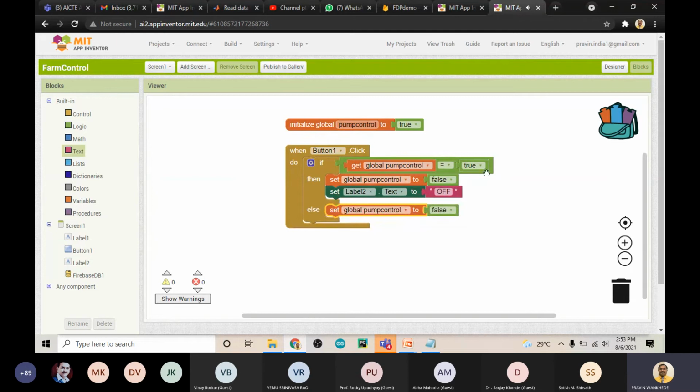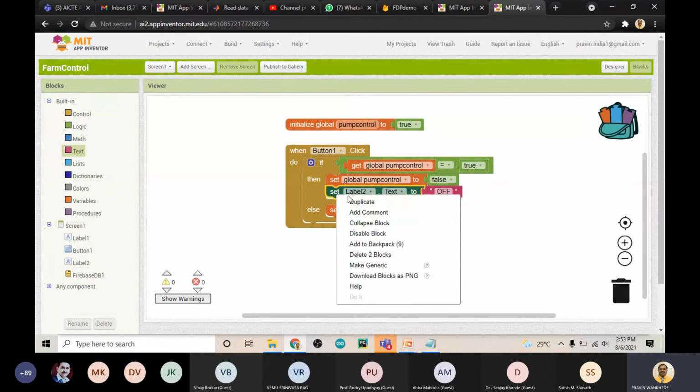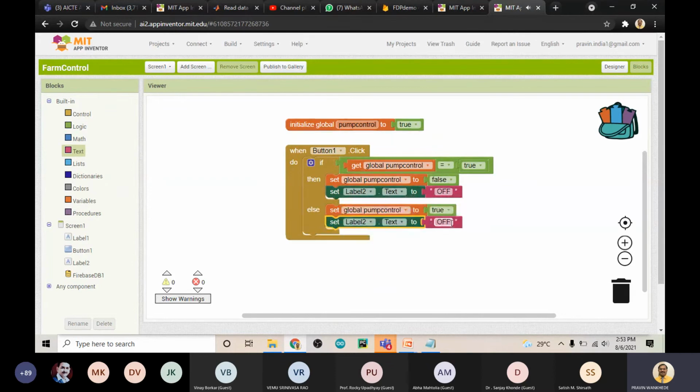Else, what we have to do? If it is false, then it should be true, right? And this should be on. Try to understand this one. If you click the button, we are checking whether the pump control is already true or not. If it is true, then you have to make it false.